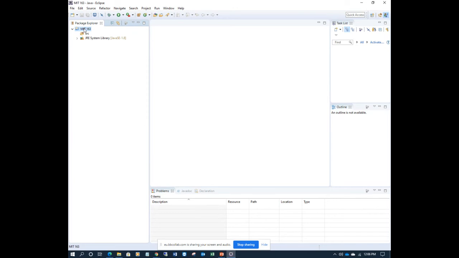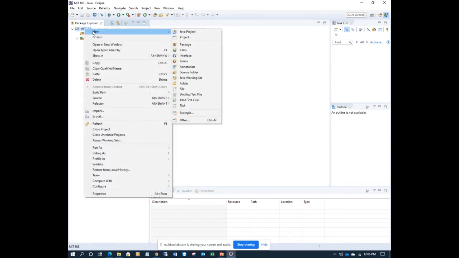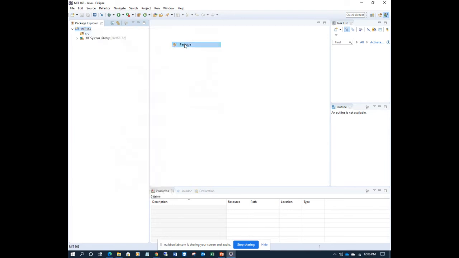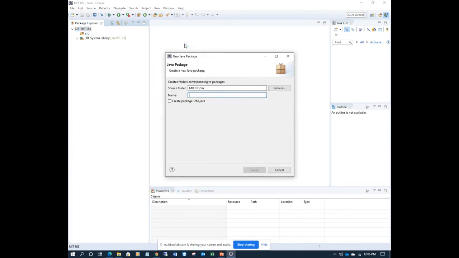So right click on this, click New, go to Package, create a package. Now give the package name. I request all the students to give a valid name with your section number.